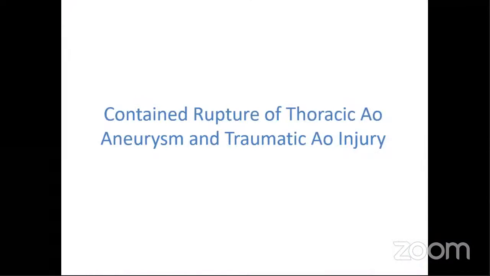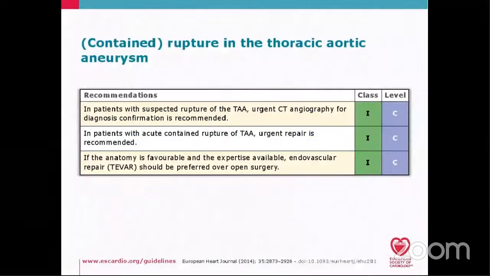And this is a case of traumatic aortic injury or contained rupture. Urgent CT is recommended for the diagnosis and localization of the extent of the dissection. If the patient has an acute contained rupture, this is a very high risk for massive fatal bleeding. Urgent repair is recommended. If the anatomy is favorable and expertise is available, endovascular repair using a TEVAR would be preferred over an